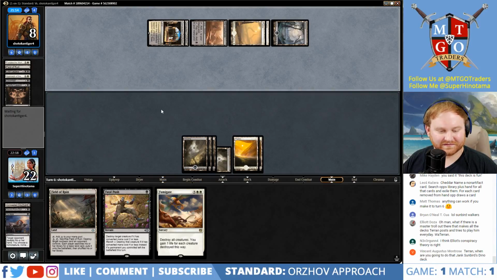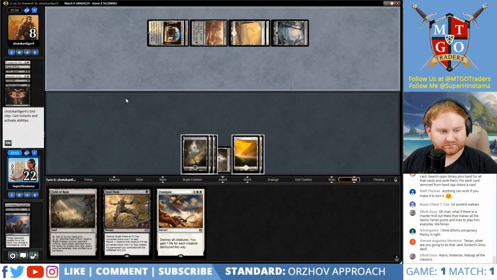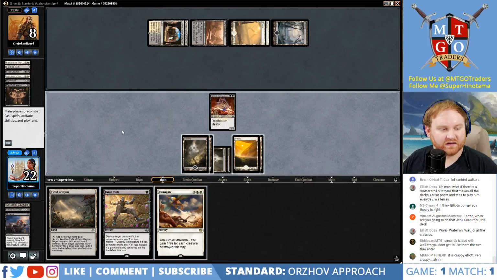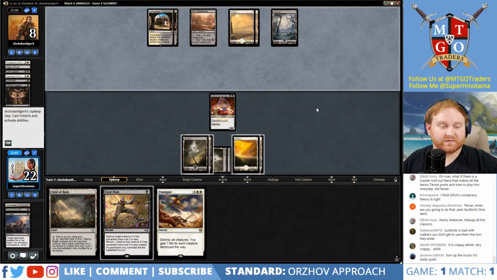Let's see. When are you going to use that jank Sunbird's Dino deck? I don't know yet. Soon, maybe. Let's gift the Aetherborn here. Let's get that out. I'm going to hold up cards in my hand. I'm not going to play out the Field of Ruin just yet, because I'm afraid he's going to Doomfall me. Although we are at 22 life, so...